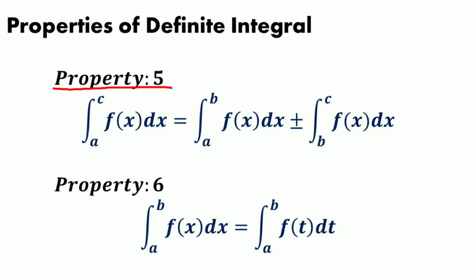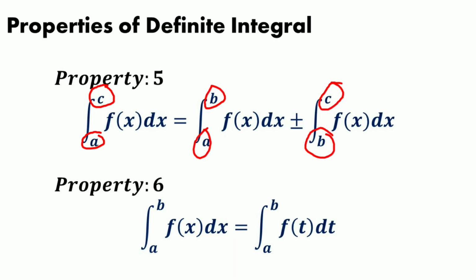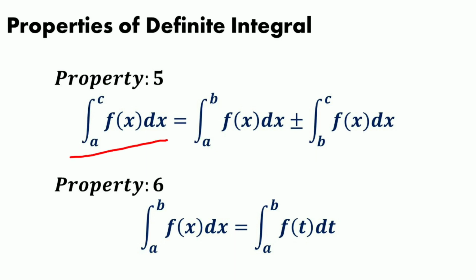The fifth property of definite integral says that the definite integral can be expressed as the sum of component subintegrals. That is, if the limit of the definite integral is from a to c, then we can divide this into subintegrals like from a to b, then b to c. So here the integral from a to c f of x dx is equal to, firstly, the integral from a to b f of x dx plus, secondly, the integral from b to c f of x dx, where a is less than or equal to b, which is less than or equal to c.